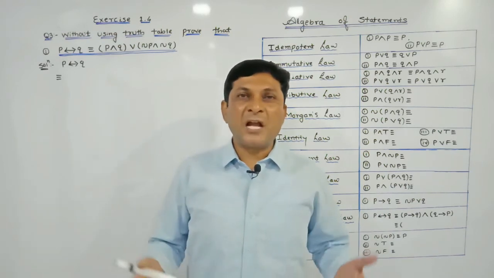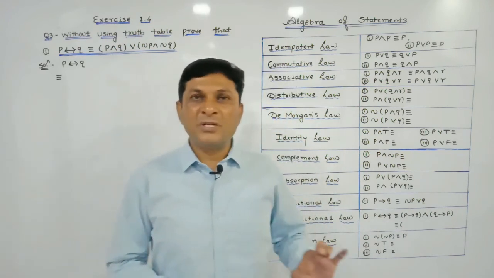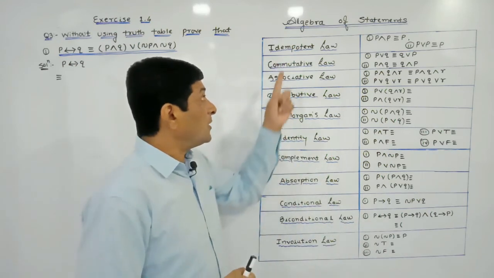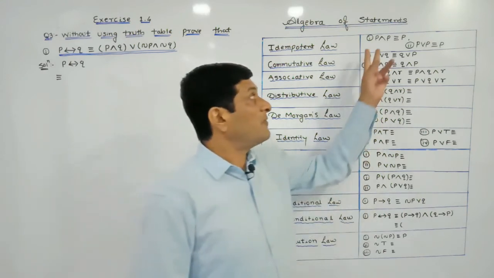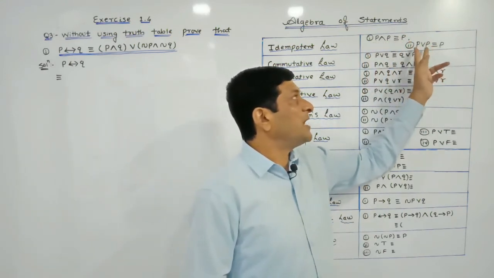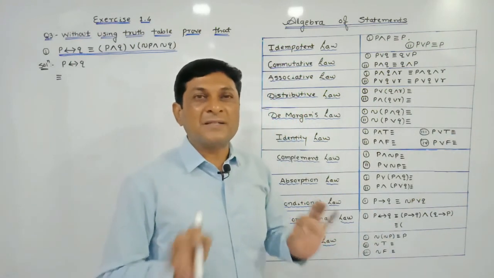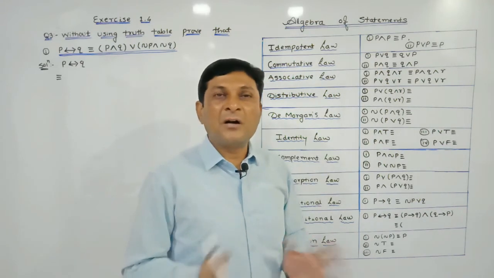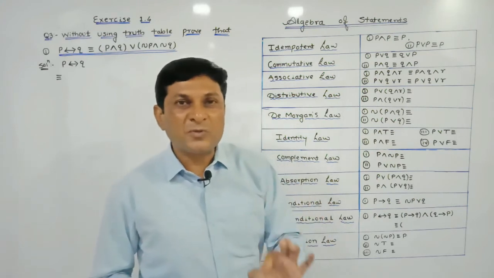So let us first try to understand these laws, and later on we will utilize these laws while solving examples. Our first law is the idempotent law. According to the idempotent law, P and P is equivalent to P, and P or P is also equivalent to P. You can construct the truth table if you have some doubt, and you will come to know that these two statements are equivalent, means their truth values are